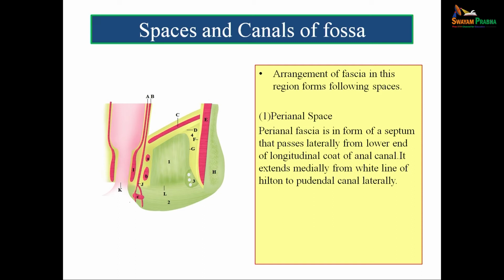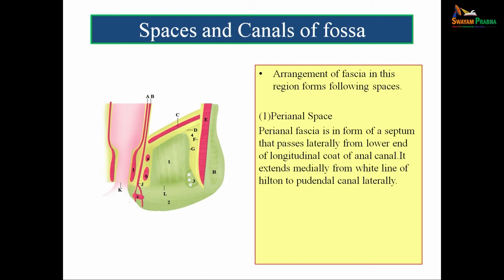So, this perianal fascia extends medially from the white line of Hilton. The white line of Hilton is marked by K in the figure, to the pudendal canal laterally. The pudendal canal is marked by 3 in the figure. So, the pudendal canal is the neurovascular supply to the perineum. So, from the white line of Hilton to the pudendal canal is L. L is the perianal fascia, and below L lies the perianal